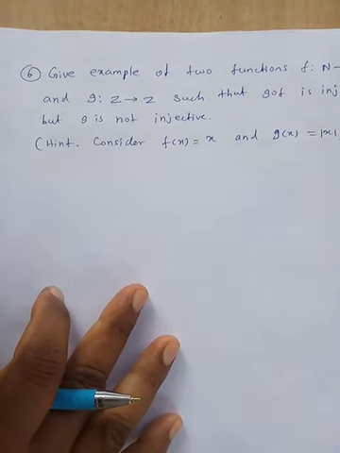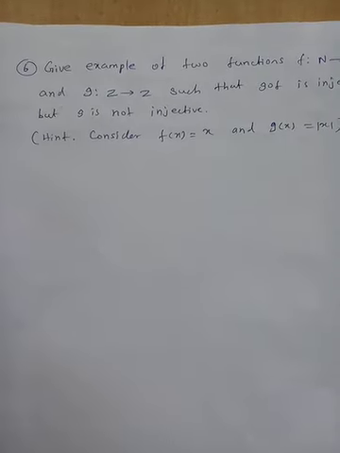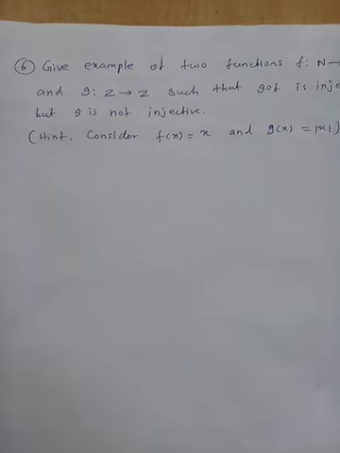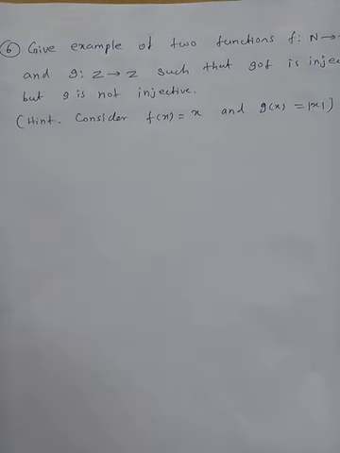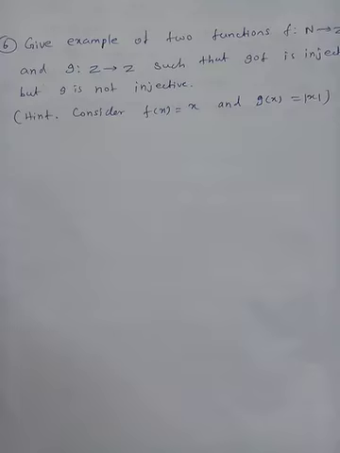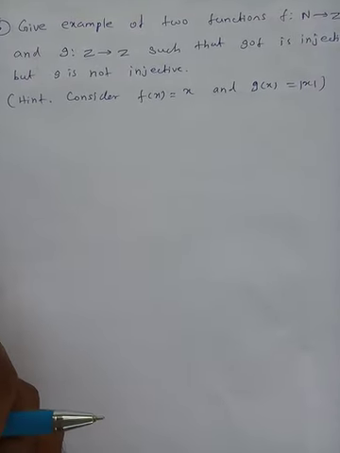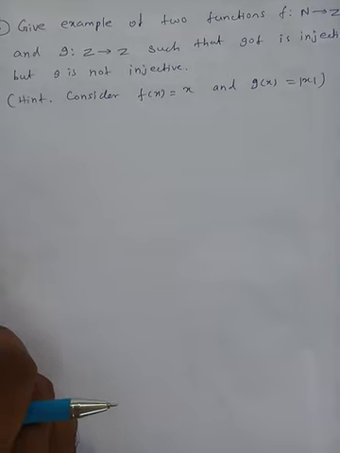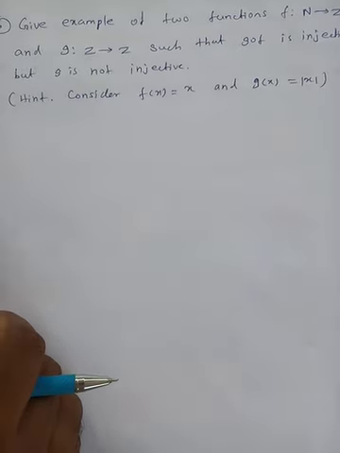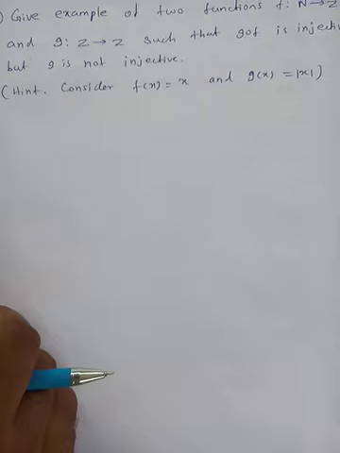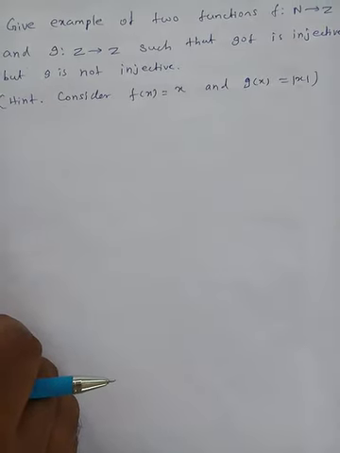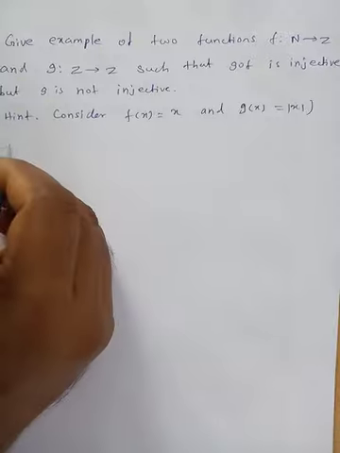Exercise number 6. Give an example of two functions f from N to Z and g from Z to Z such that g composition f is injective but g is not injective. Consider f of x is equal to x and g of x is equal to modulus of x. Solution: